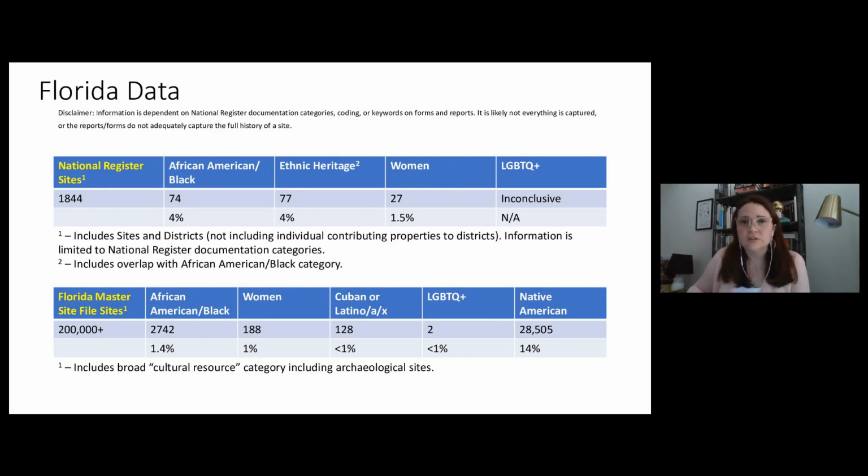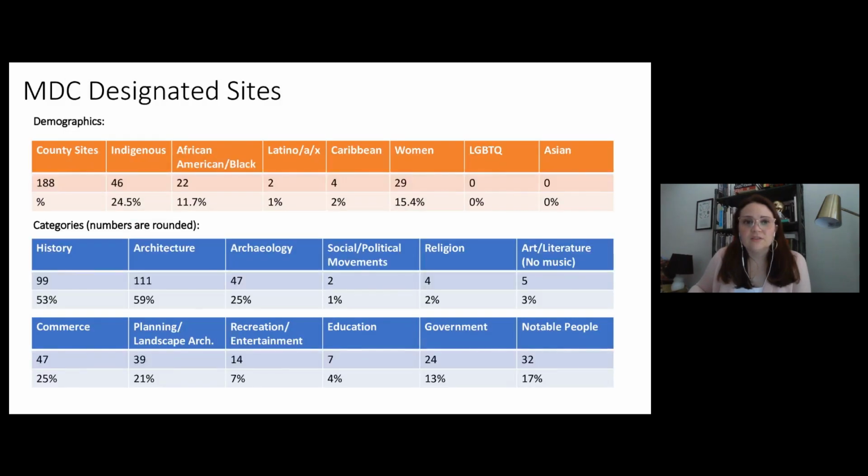It's one thing to be on the National Register. It's another thing to even have these sites identified and documented, and I'll mention that when I mention our survey work. We also did this at the local level with our county designated sites, and that's the orange row. As I mentioned, we have an archaeology program. We are very excited to have that, and we've had it for a long time. So we have a fair amount of sites representative of our indigenous populations protected through our archaeological work program.